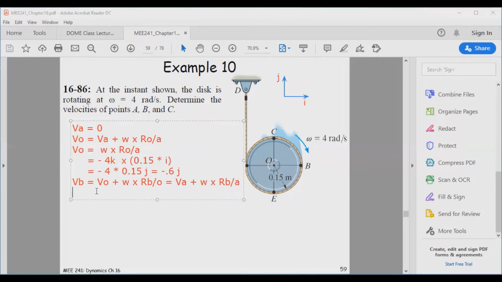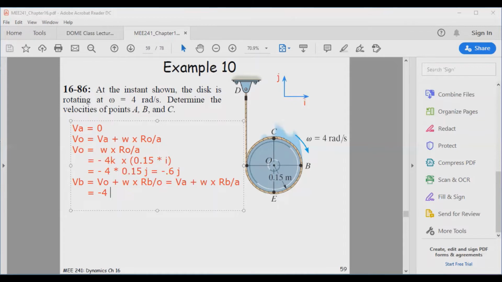Right, so this is the same result. I could use VO, but I have to use this as my reference, or I could use VA, but I would have to use a vector from B to A. So again, here it's going to be the same. All I have to do is use VA as my reference. So I would just simply add minus,